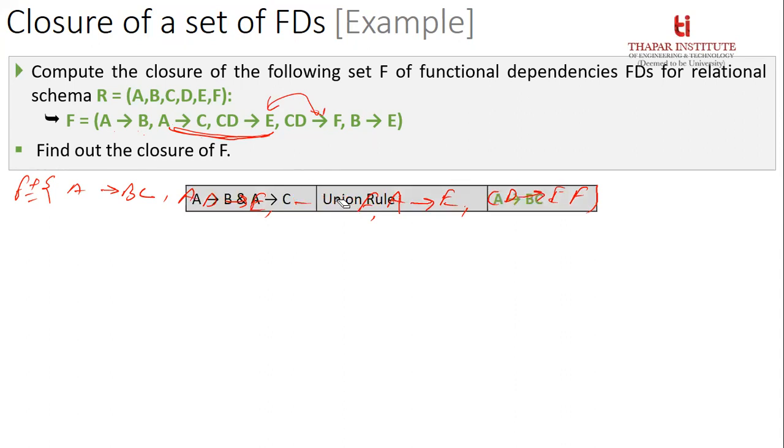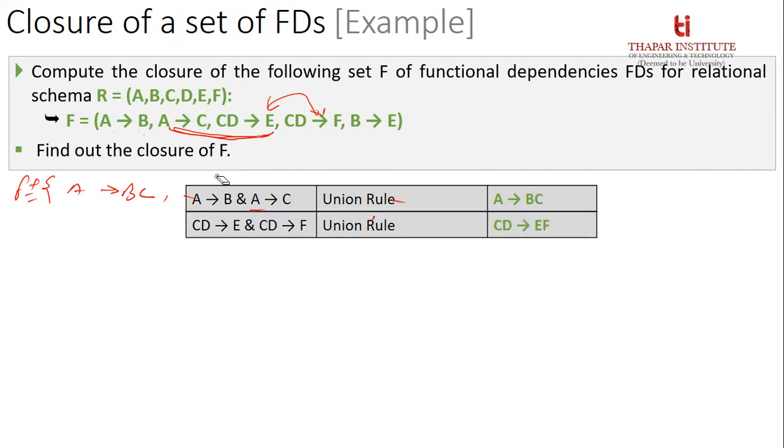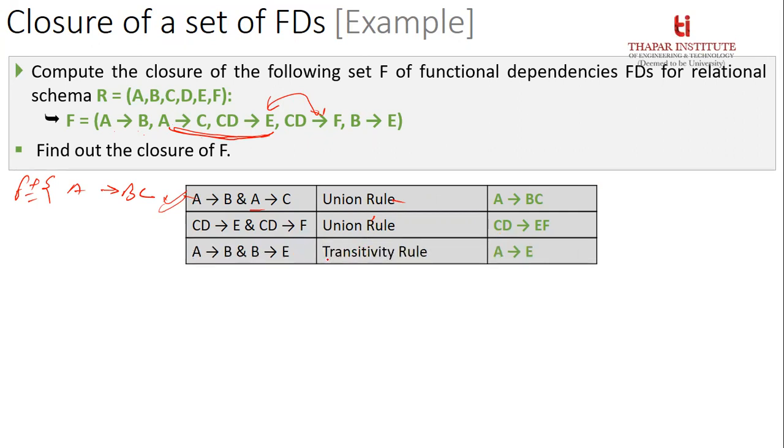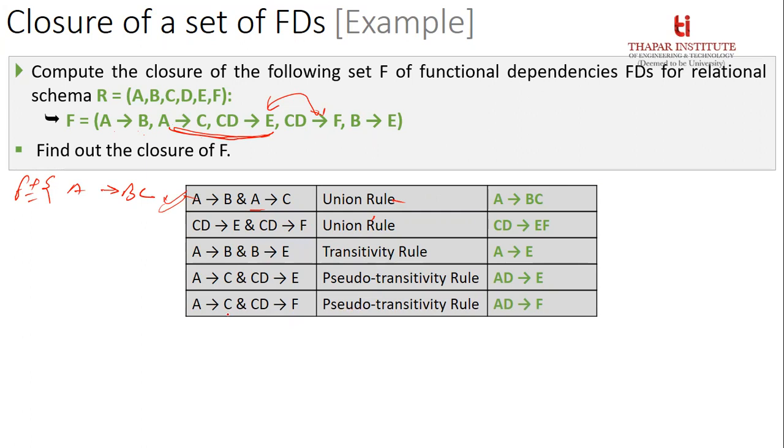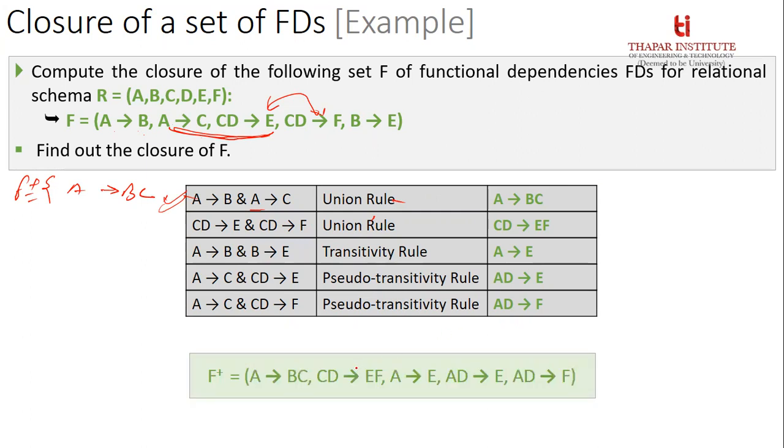So you can see just here. Different निकाल रहे हैं, मैं नीचे दिखा दे रहा हूँ. Okay, with the union rule आ जाएगी. You can see A tends to B, A tends to C with the union rule. और CD से ये भी union rule से आ जाएगा. ट्रांजिटिविटी से कहाँ पे आ जाएगा? ये ट्रांजिटिविटी आ जाएगा. You have to apply all the rules, then you have to check the different dependencies. ओके, pseudo transitivity से आ गया. ओके, pseudo transitivity A tends to C और CD tends to F, तो ये भी pseudo से ही आ जाएगा. ओके, so this is the F plus that we have identified.